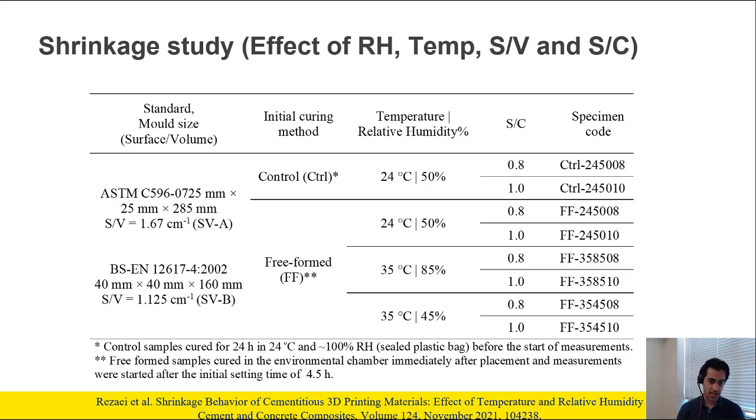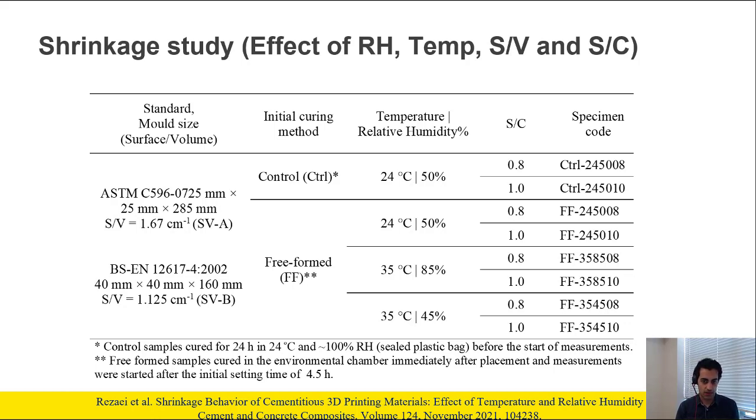So we use two standards, and the reason we use these two standards is because the sample sizes are different. So based on that, you can also look at the surface to volume ratio and its effect in 3D printing. So we just use the control as per standard, and also the free form, where instead of having the samples inside the mold for 24 hours, we took them out after the initial setting time had happened at almost 4 hours, and then put the samples in different